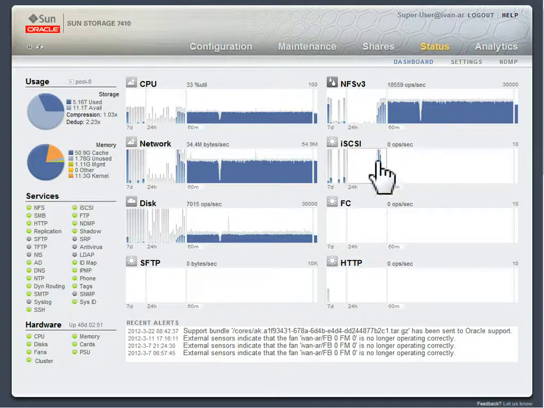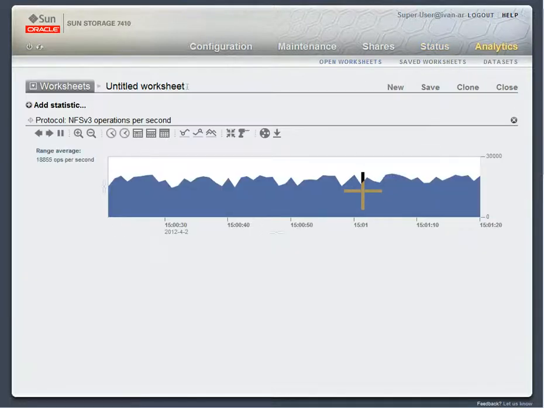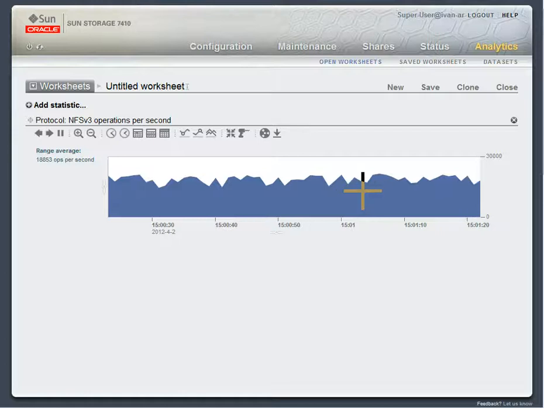Okay, last section. We're going to focus on analytics. So you can see I'm starting at the status screen. And I just like to point out again that it is live real-time update, so you can see it going. So analytics really give us the ability to troubleshoot performance at a granular level that is really unprecedented in the